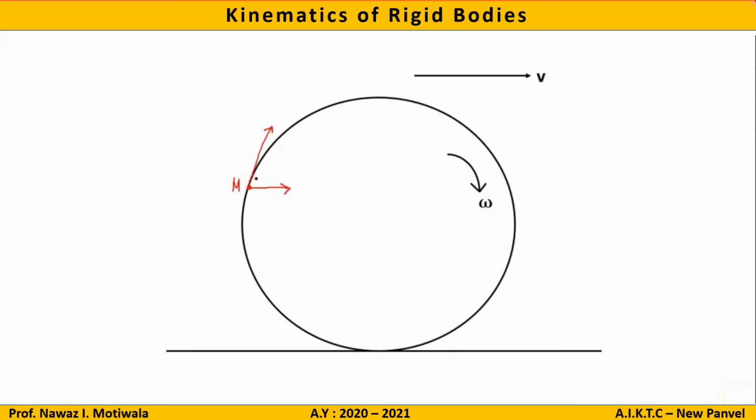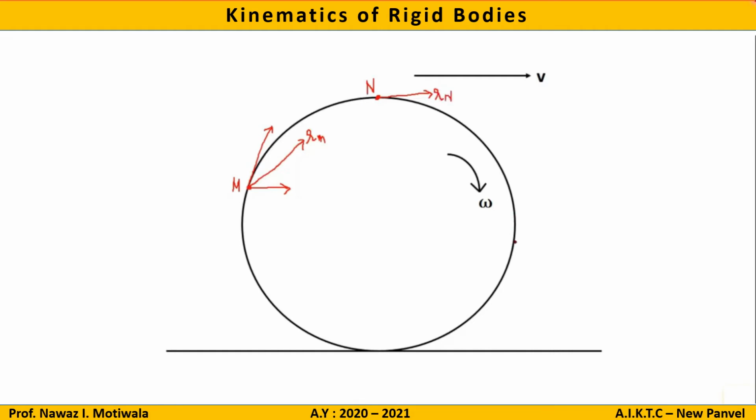Now, as there are velocities in two different directions, we can simply find out the resultant velocity of this point M. So to find the resultant, I will just make a resultant of these velocities. Let us name it Rm, resultant velocity at point M. Similarly, let us consider one point at this part. Let us name this point N. This point will also have a velocity which is tangent to this point, and the other velocity, which is linear, is also in this particular direction. Hence, I can say the resultant velocity is also in the same direction, and I will name it Rn.